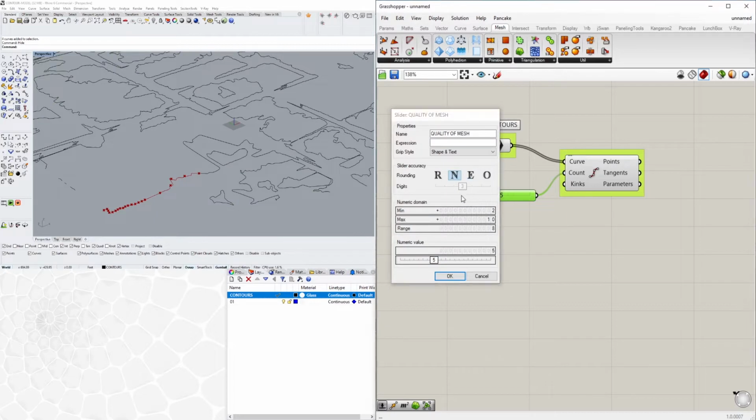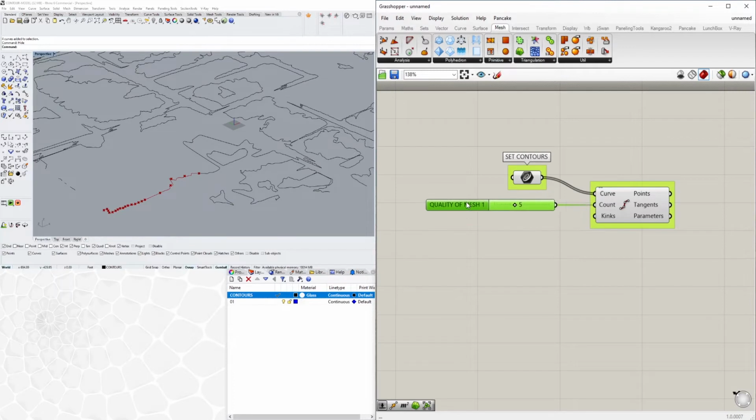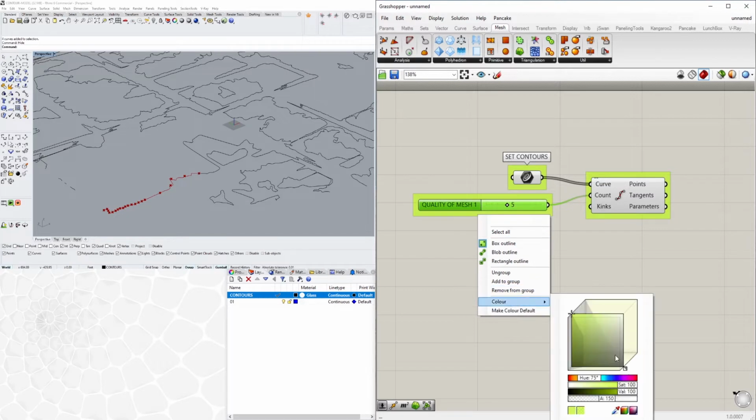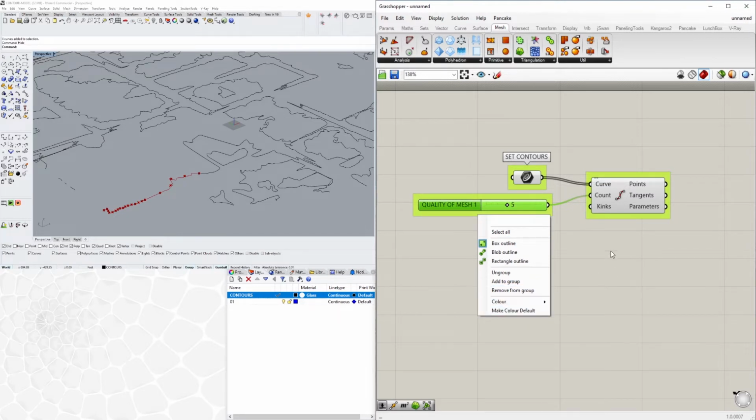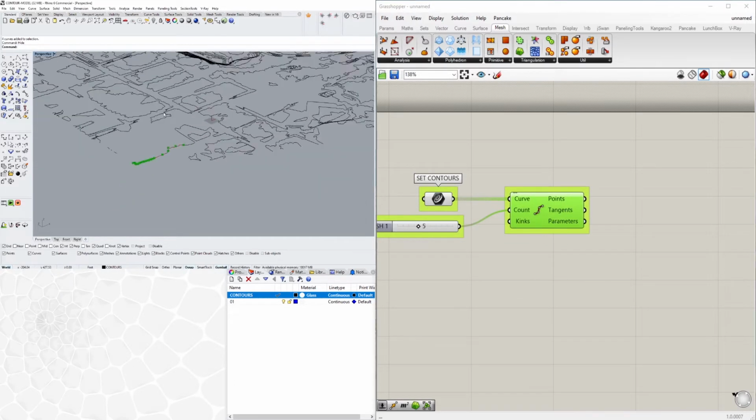And this is actually going to be quality of mesh 1 because we have another set of points that we need to create later on down. So for now, let's just go to quality of mesh. And I like to group it together, and then you can recolor this to whatever you want and even make it a default. So now that we have these points here, let's go ahead and do that whole thing to